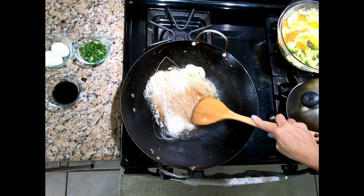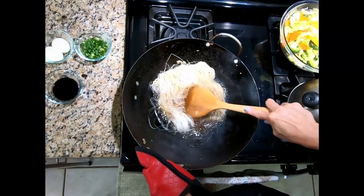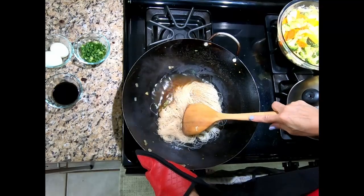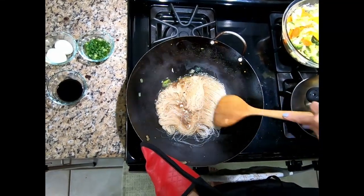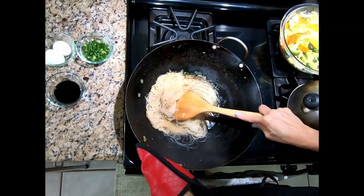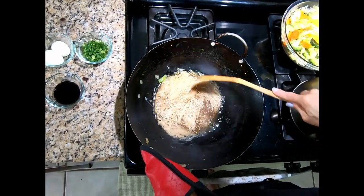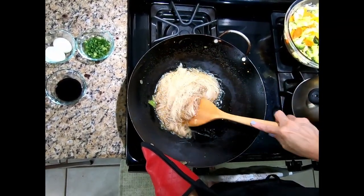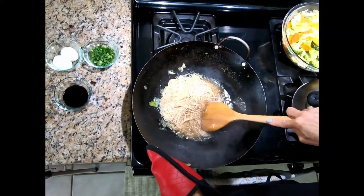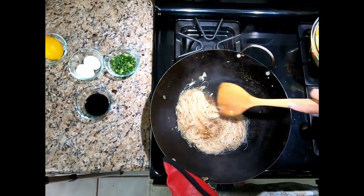Okay, so you just kind of do that. This takes a little longer to cook. Some people cut the noodles, but that's bad luck with Chinese custom. So you don't really cut the noodles. Okay, so some people also wash these noodles. I probably just actually soak them is what they did. I don't. I like to just rinse it off real quick, and it's still kind of hard, and cook it